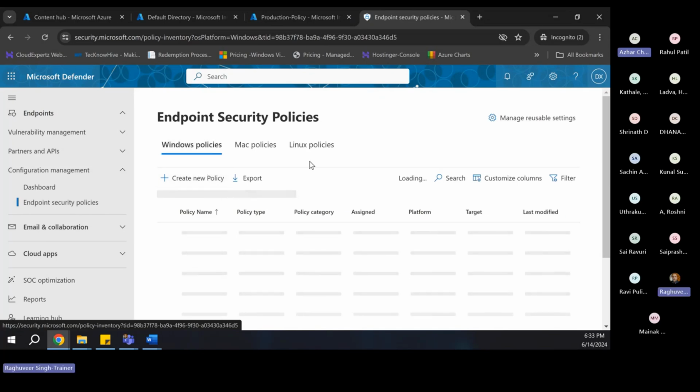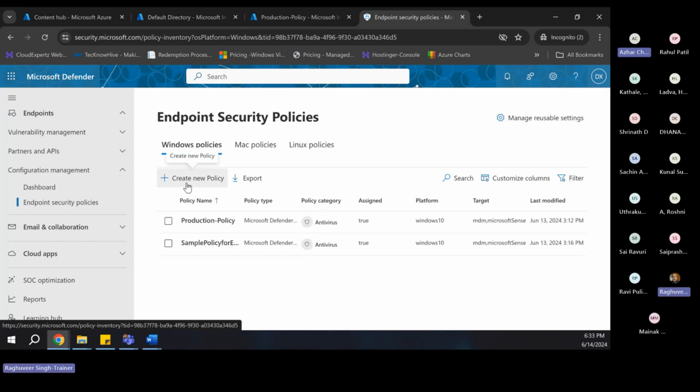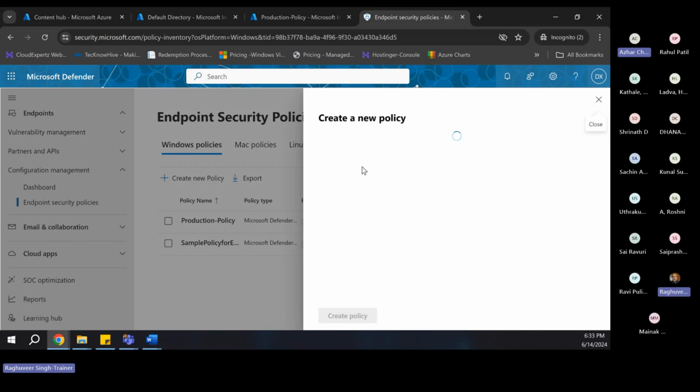So I can create a new policy here also. If I don't use it, just see these policies now. You can see here, I have two policies, production policy and sample policy. The name is sample policy for endpoint for URL IOC, which I created. If I click on create a new policy,